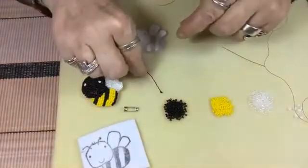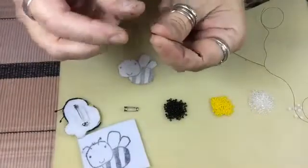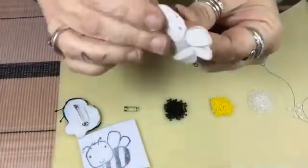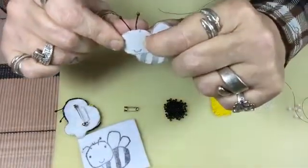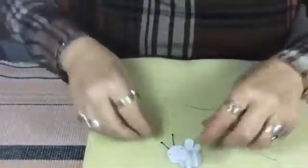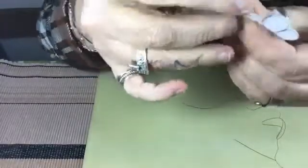So, okay, we talked about her little antennae. So I'm going to lift up this, which is a stamen, and it comes probably opened up like so. And you're just going to fold it in half. And this is going to go behind your bumblebee. Okay, so let's hold it up there. And her little antennae are going to stick out. Okay, I'm just going to tilt this camera up a little bit so I can see what you can see. That's better. So you can see she's got little marks there where her antennae should be, and you can kind of roughly position them. Now, thread your needle. You get a needle in the kit,